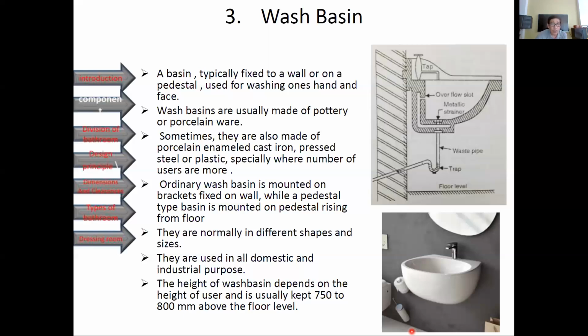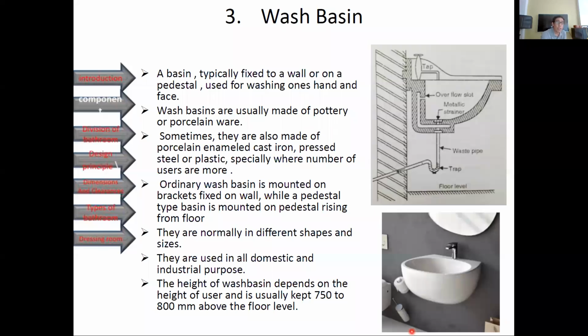So an ordinary wash basin normally comes in different types of shapes and sizes. It will depend on the owner, or sometimes it's made of a group of fixtures or a group of designs. The water closet comes with the lavatory, which is a pair, no? The model of the lavatory is the same as the model of the water closet. So in case you get a long elongated water closet, you will get a bigger lavatory.